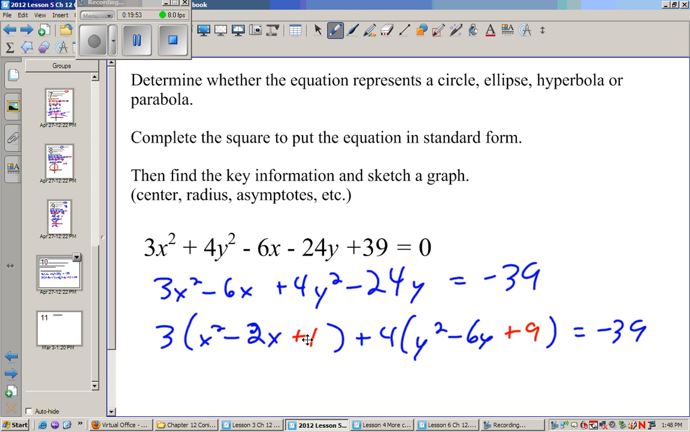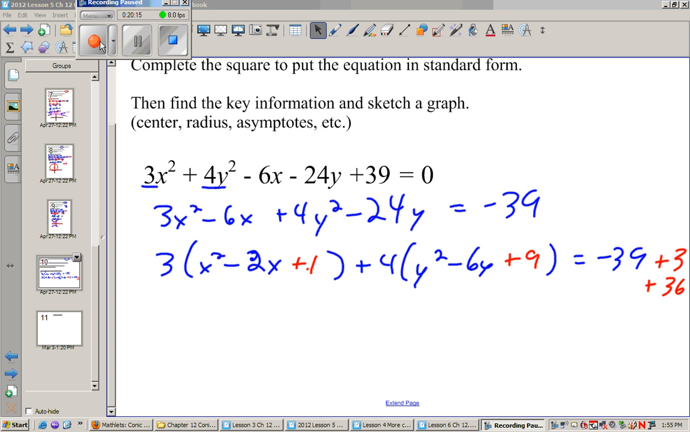But really I'm not adding 1, I'm adding 3. So I have to add 3 here. Here I'm not really adding 9, I'm really adding 36. Now, this is going to be an ellipse, because both of those are unequal. Alright, now if you notice something on this right-hand side, it's going to be negative 9 plus 39, which equals